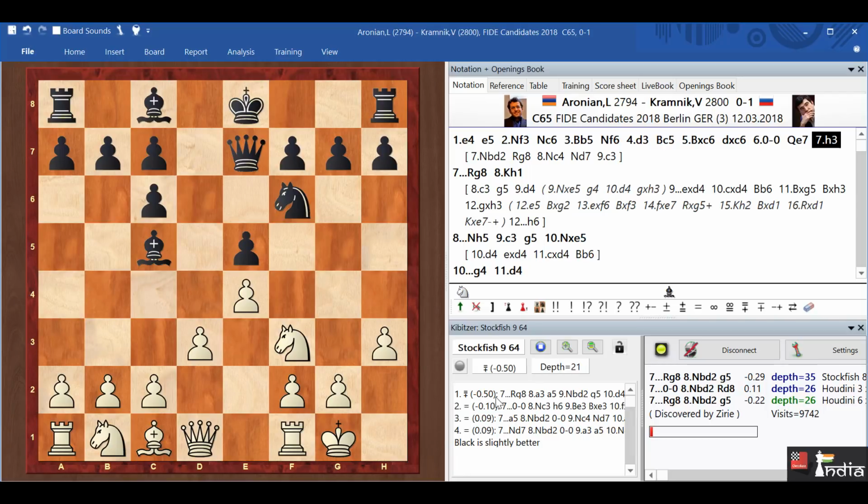So if you think about it, I think if Aronian went for this line and he did check it with the engine, it's very surprising as to why he didn't find this move. Another thing is,